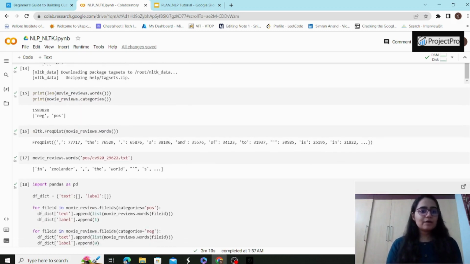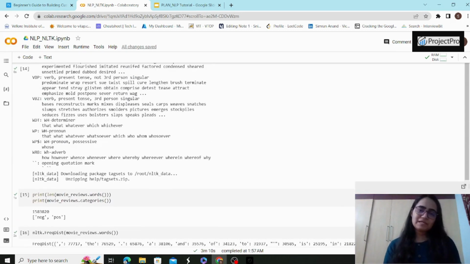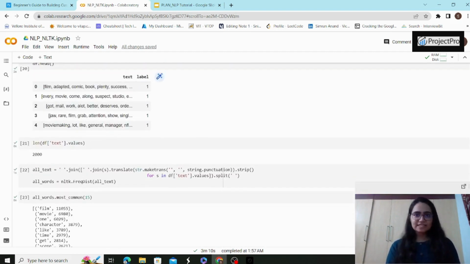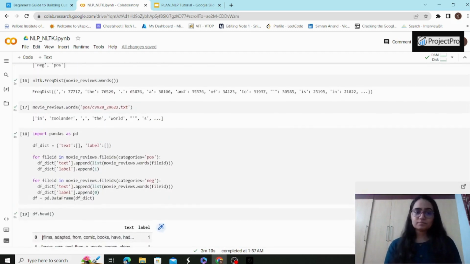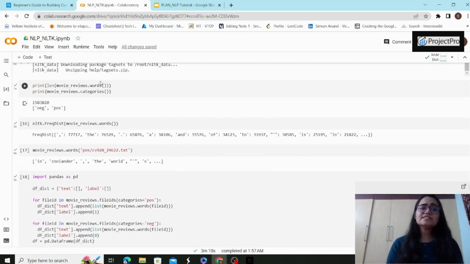Now that you've understood how the NLTK pre-processing is done and what the different NLP techniques are which you should be aware of, let's also understand, since in the next video I'm going to be explaining text classification on the movie reviews textual data set, what kind of data we're going to use. This is the length of the words, and the movie reviews has two categories, negative and positive. So the main motto over here was to classify text into positive or negative, which is binary classification. That is why the concept of stop words removal was important,